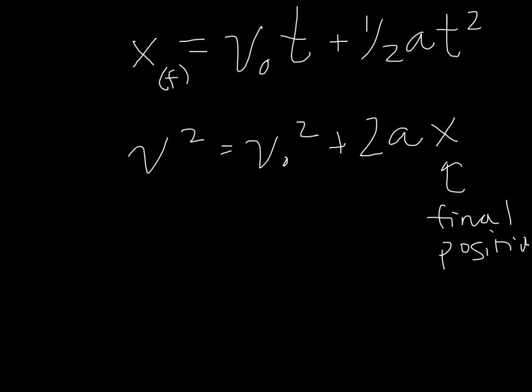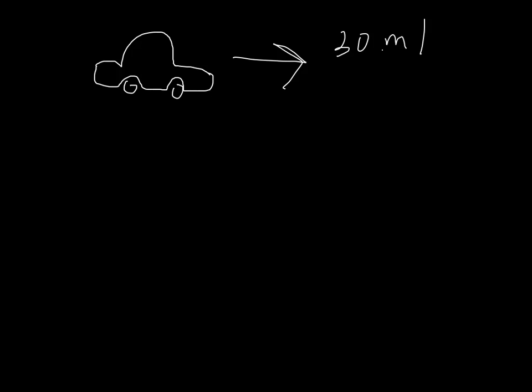So there are a couple examples in the book, and I'm going to go over one of the examples, and then we're going to solve some other problems that are in the back of the chapter. So the first question says that there's a car traveling, oh my poor car, traveling at a constant speed of 30 meters per second. And he passes a trooper